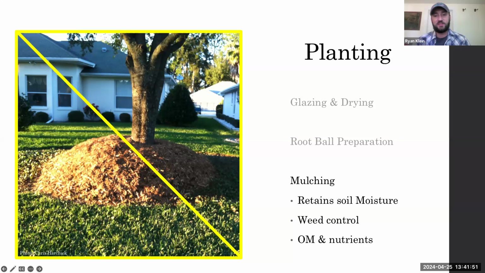And then it can also, as it breaks down over time, promote some of those adventitious root growth, which then can lead to circling, girdling roots. And it can also be habitat for rodents and fungi and stuff like that. So just an easy thing to not do is pile up too much mulch. It's good though for preventing any sort of cultural stressors and damages, like hitting it with the lawnmower or the string trimmer, stuff like that.